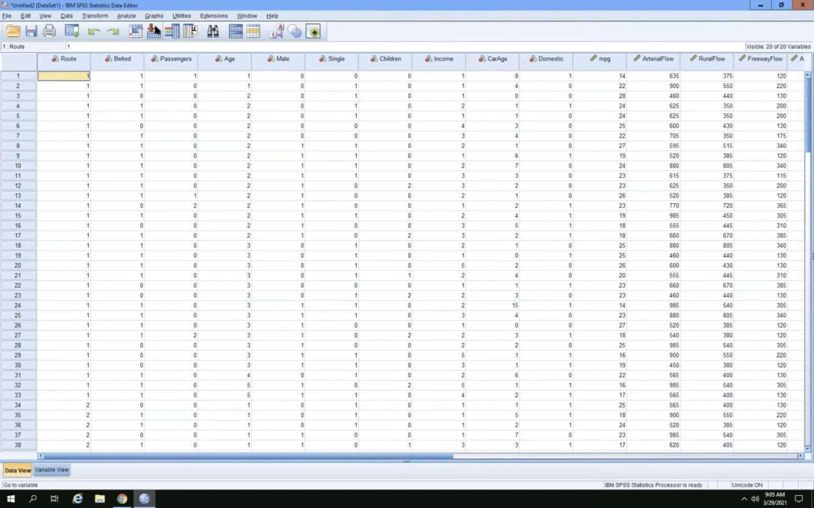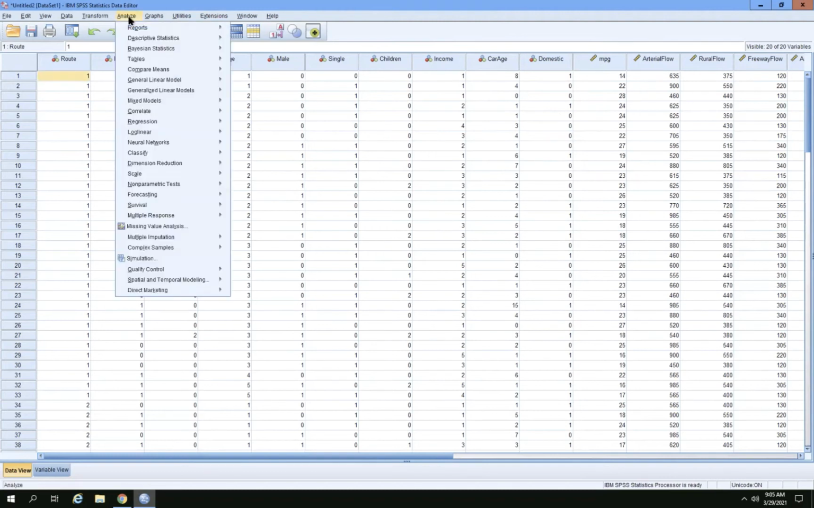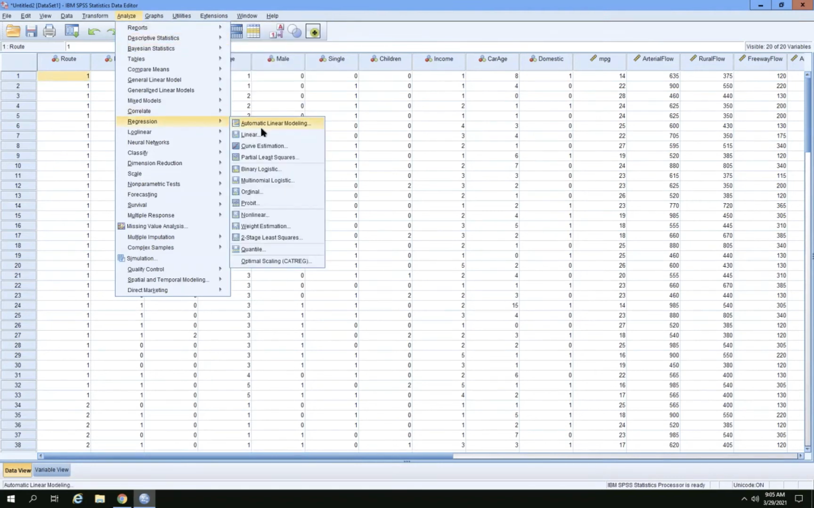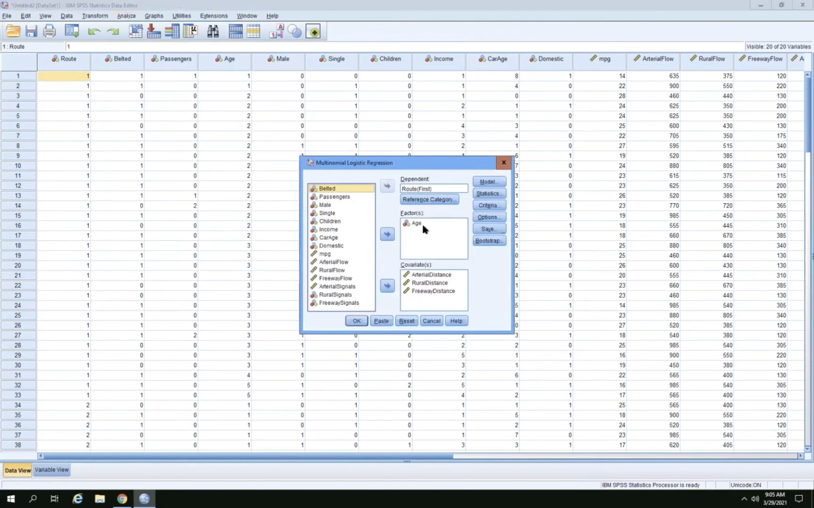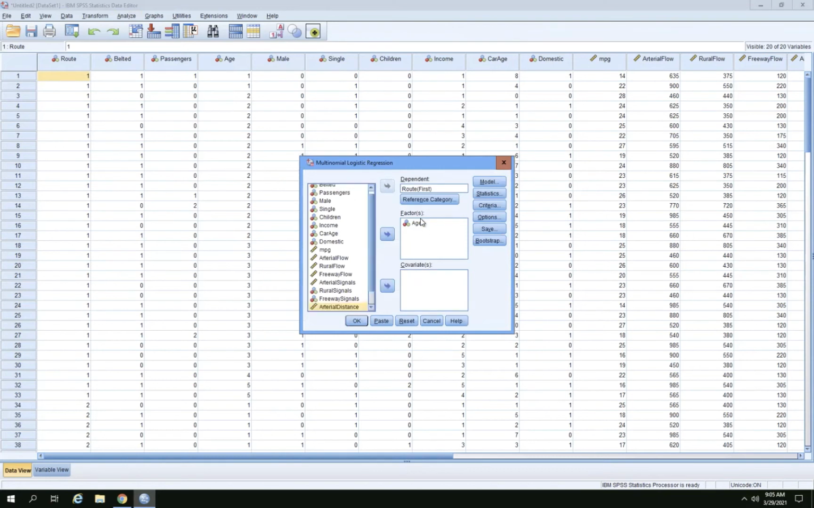And so when we're trying to run a multinomial logit model, there's a package under Analyze, Regression, Multinomial Logistic here. Okay, so I'm going to open that up, and a few points of interest here. So when we're estimating these models, the first thing that we need to do is select our dependent variable of interest. And so in this case, that